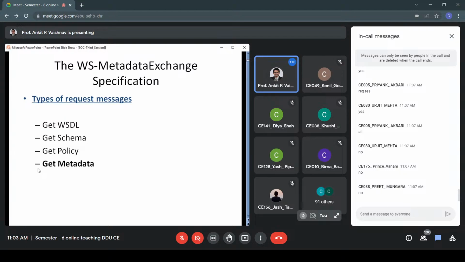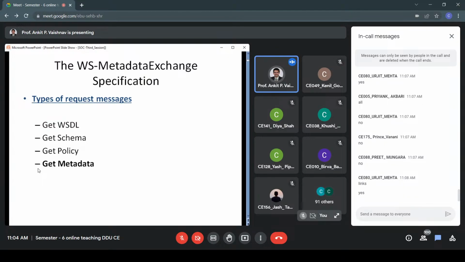So although you are interested in getting all metadata, the provider might be sending you partial metadata. By partial, what I mean is, some of the things like WSDL and schema might be sent as they are, but the policy document and other documents might be sent as references. I hope you know reference. Reference means URL, right? You are not providing the actual document, you are providing a URL where that document is hosted. So yes, links. Do you think that this is a better approach to reduce the burden of transferring a lot of data?